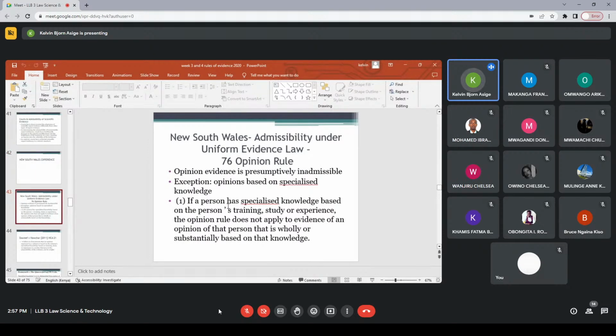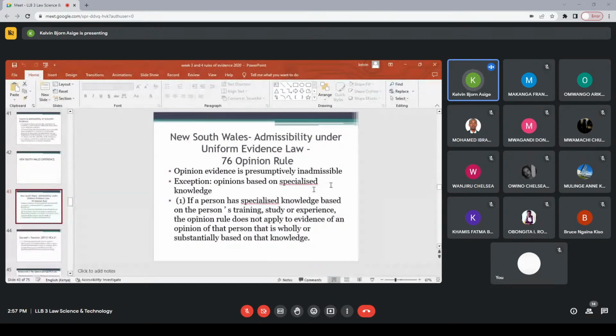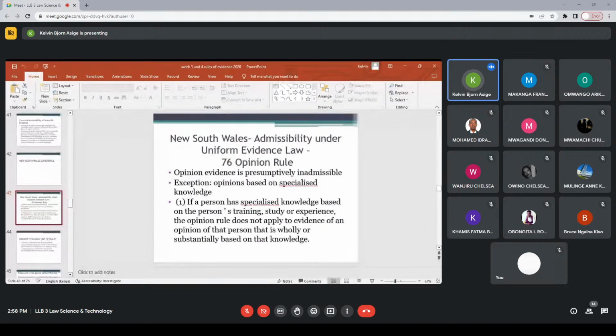So I've got the slide up there. On admissibility under the Uniform Evidence Law, that's Rule 76, which is the opinion rule. According to this rule, opinion evidence is inadmissible. The only exception is where an opinion is based on specialized